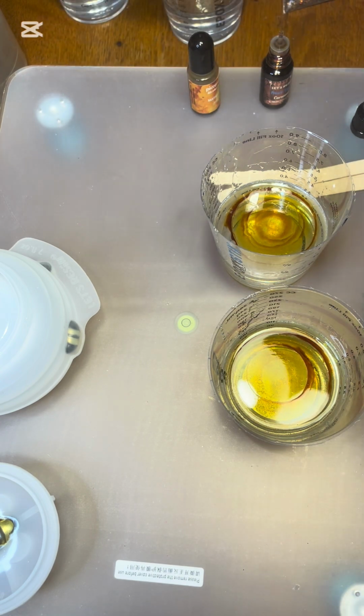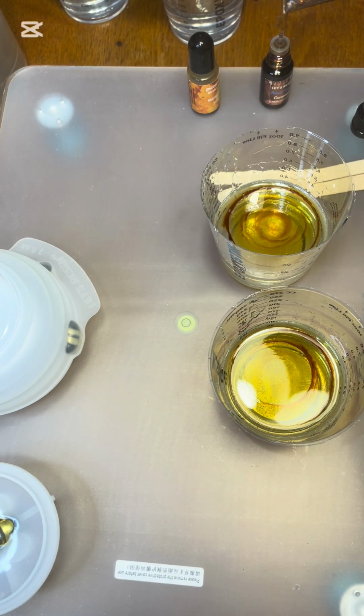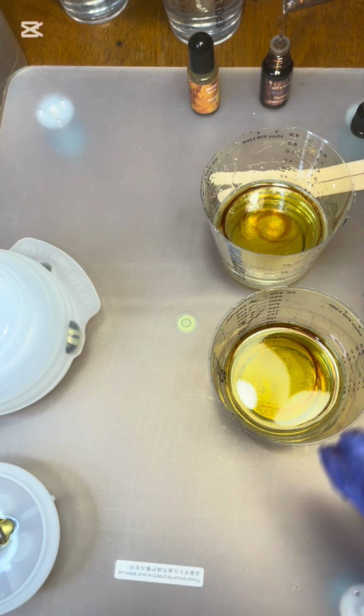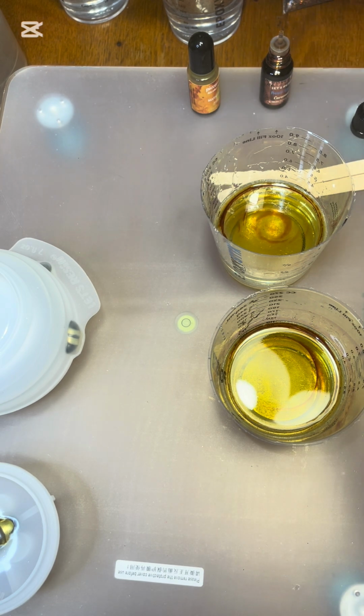I did do a little tester with UV resin of the color that I wanted to get from these 3. But obviously mixing it in larger amounts is a little bit different than mixing it in a little silicone cup. So,